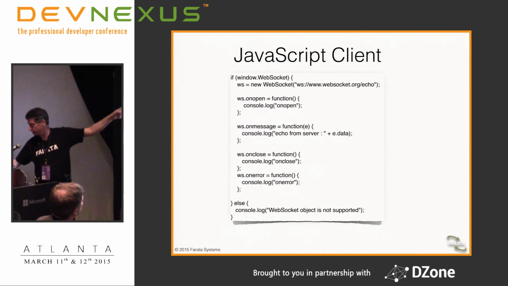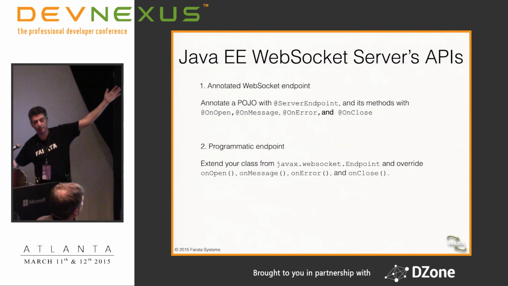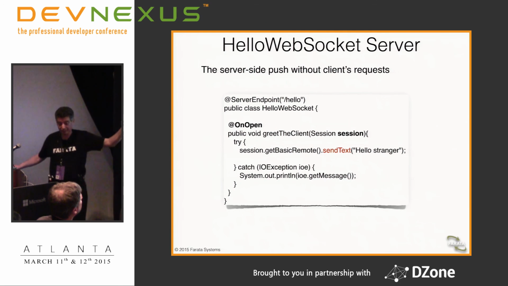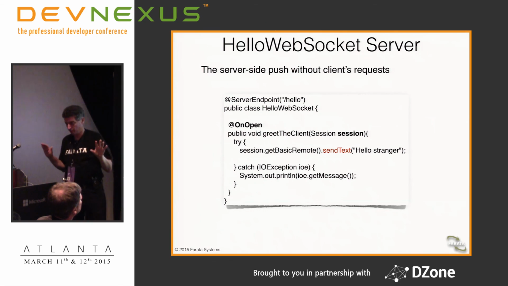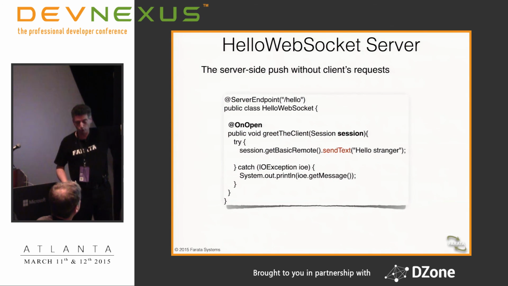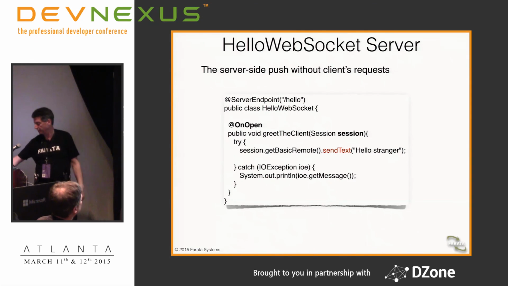After that, when you get a message, you get a callback on message, on error, and so on. A very similar situation is in Java EE 7. In Java EE 7, you can annotate all your methods. It's a POJO. On open, on message, call this, on error, call that method. Very easy. Or the other way, you can extend a class. Here's an example without any requests. I just wrote a little program without any request. You start the application on the server, and it just sends the text. It pushes to whoever connects to the server. So no request response, just a duplex thing.